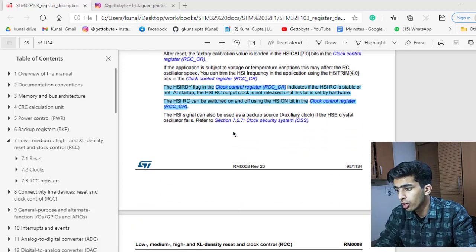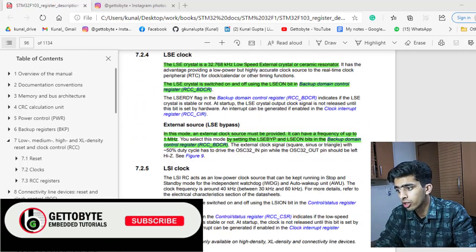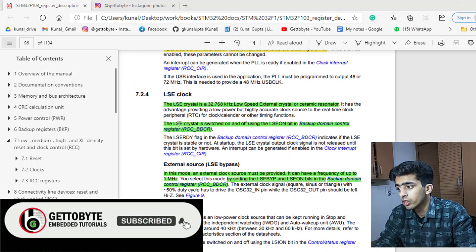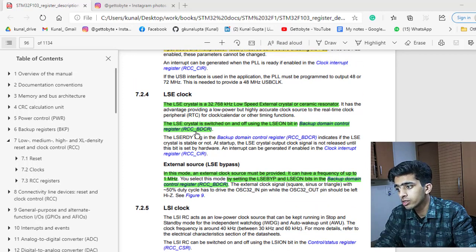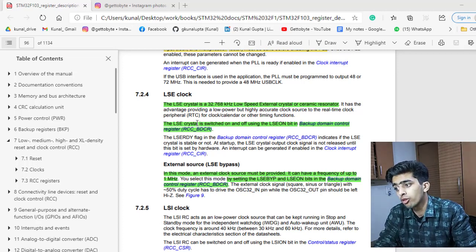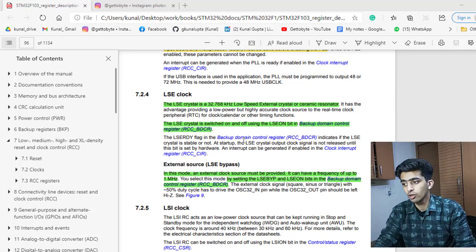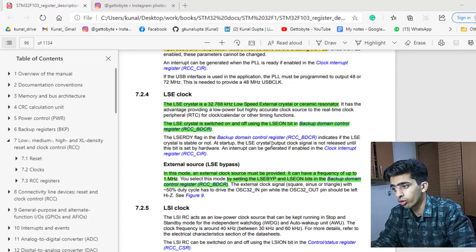Okay, same way we have the LSE clock and the LSI clock, which are configured according to their LSE ON bit in the RCC_BDCR for the LSE clock. And like the HSE, LSE can be used as external in the bypass form, or it has the external resonator. Okay, so that thing we have to configure.